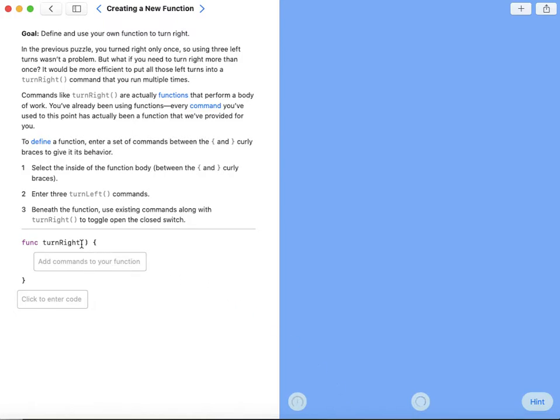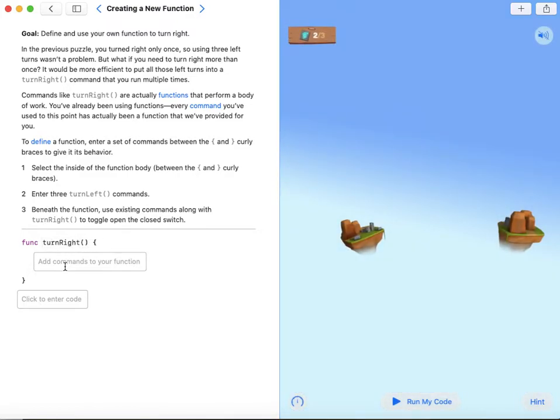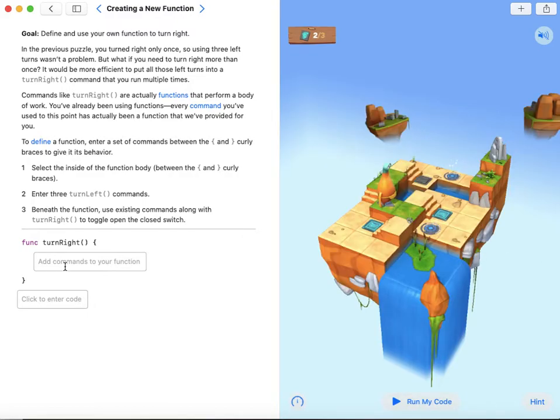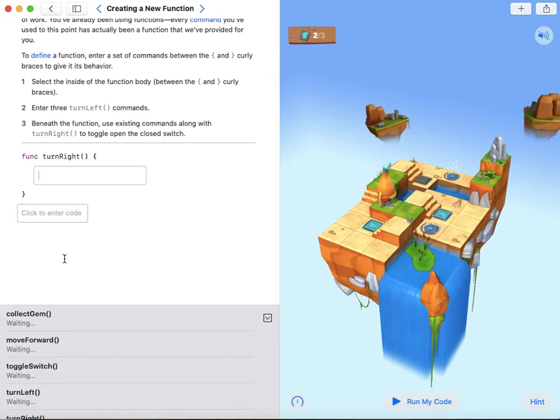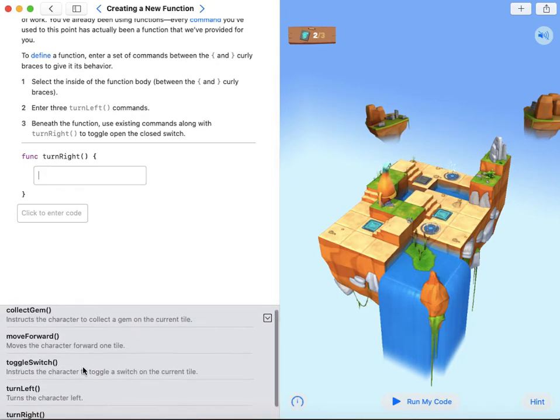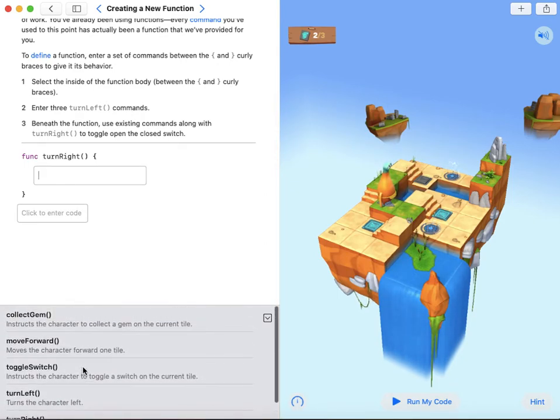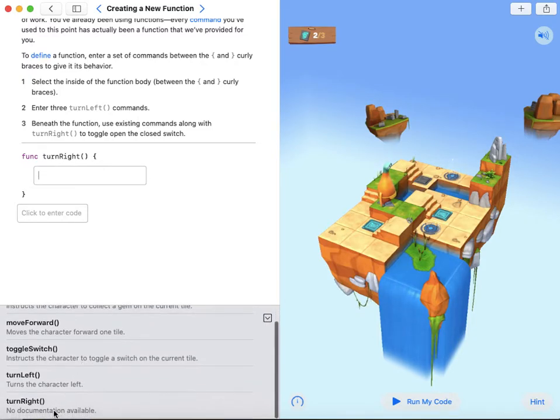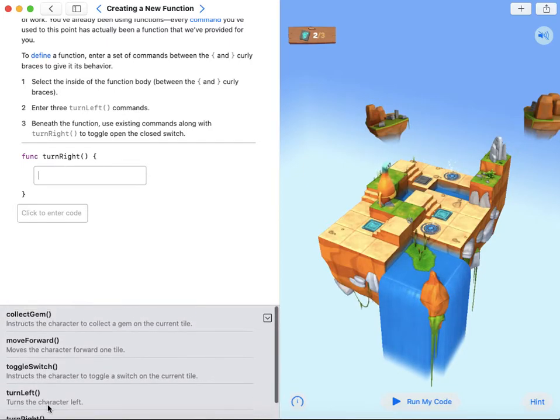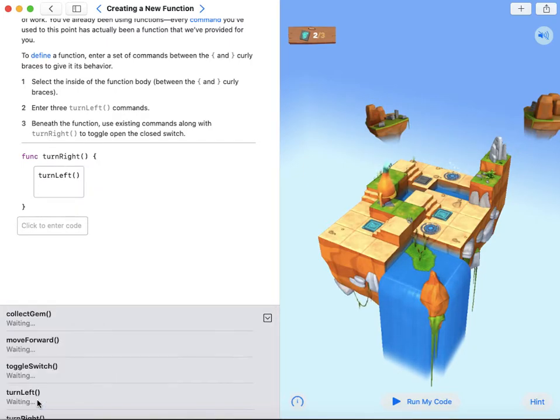So here's the code. They've laid it out for you. In later examples, you're going to have to do it yourself, but you get to create the function turn right here. So they've given you the function name and the brace brackets and a box to put code in. So I can now choose from the commands that Byte knows how to do. See, turn right is listed here, no documentation available, because we haven't yet taught him how to turn right. So now I'm going to teach him